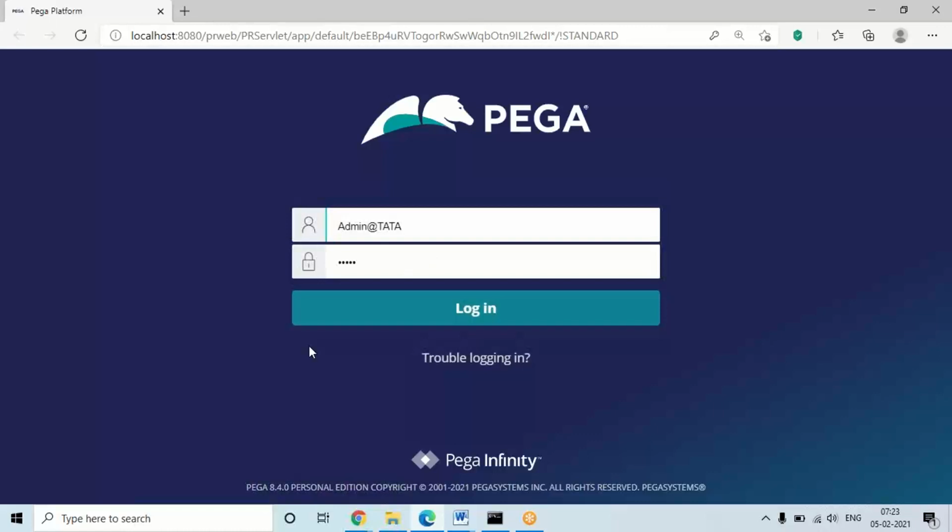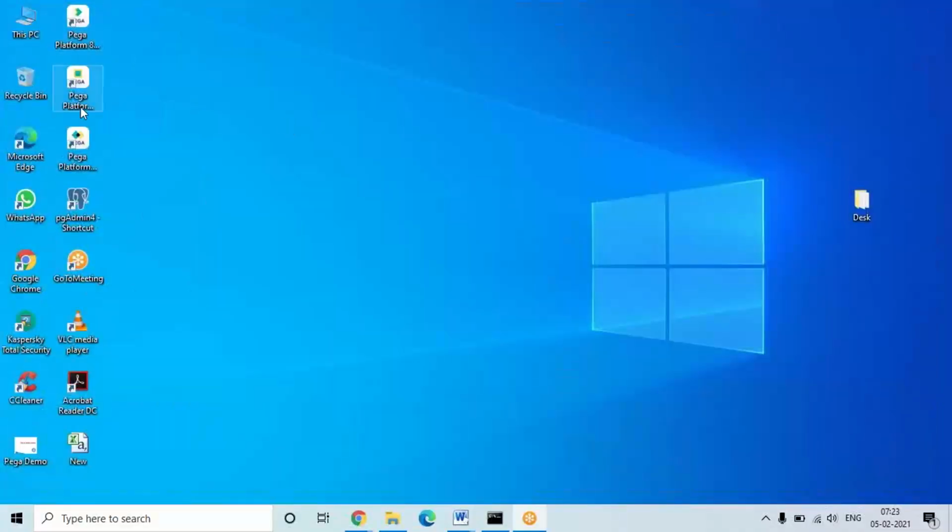What is the default browser it is set? So in the browser it is going to display this screen. It is the login page. The login credentials and all I'll discuss in the next session. So like that, these three icons will be created whether the installation is successful or unsuccessful.